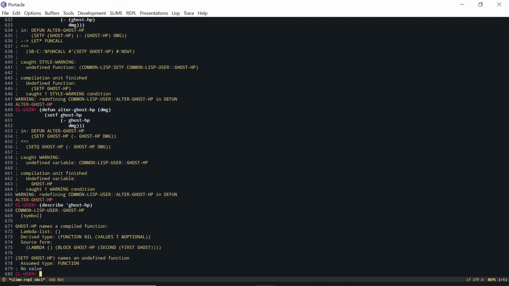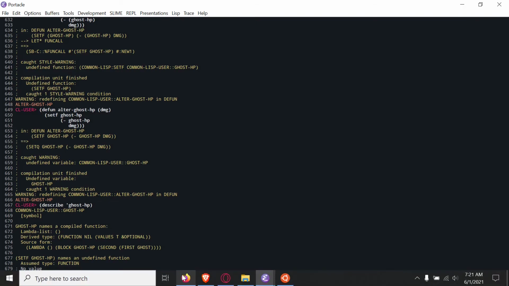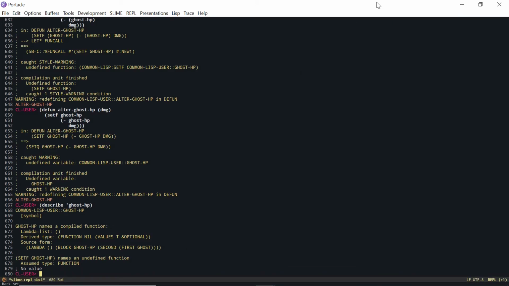I can keep going. But let's just say that it's really bothering me that I created this ghost HP function sitting here. And I don't want it to be a function. And maybe I do, and I just don't know I do, but I don't think I want it to be a function, right? Because it's just getting this ghost HP. I kind of want this to be more like a variable, I want to say. And there's ways to get around stuff like this or do whatever you want, but I'm just trying to show. So I want to say